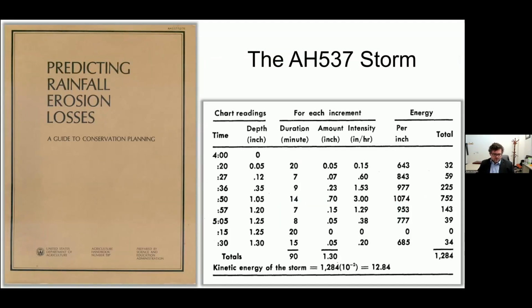So I want to show you just a little bit more in depth with an example. This is a very common hypothetical example taught in classes here when we teach about erosivity. So this is breakpoint data. You know that because the duration is not fixed. You see 20 minutes, 7 minutes, 9 minutes, 14. If it were fixed, it would say 5, 5, 5, 5, 5, or 15, 15, 15, 15, or 10, whatever duration, as long as it's repeated. So this is breakpoint data because it's changing in duration.